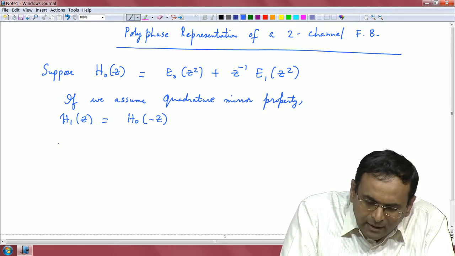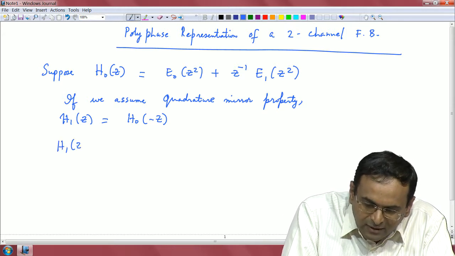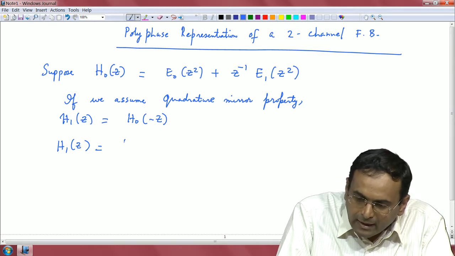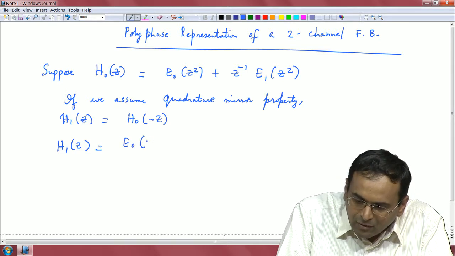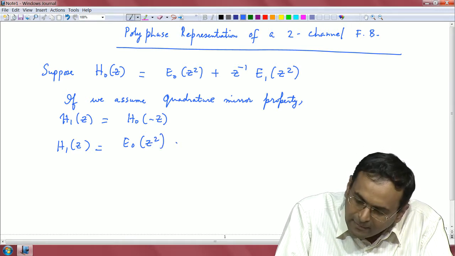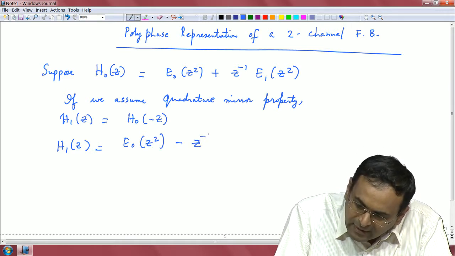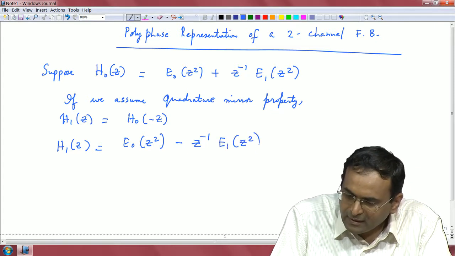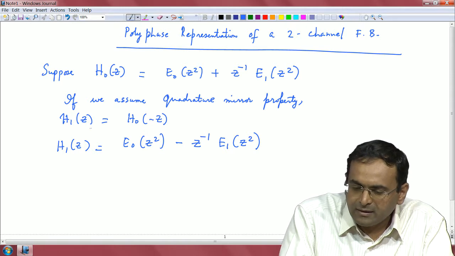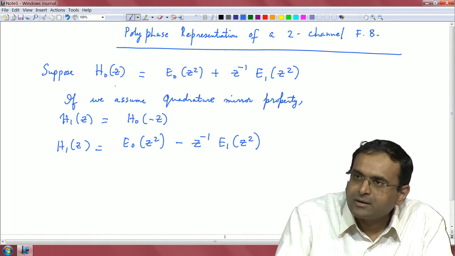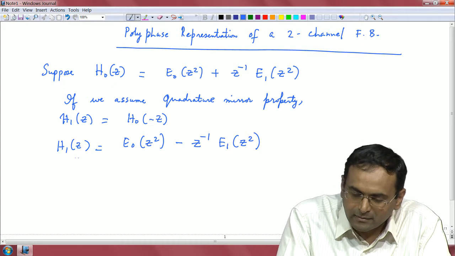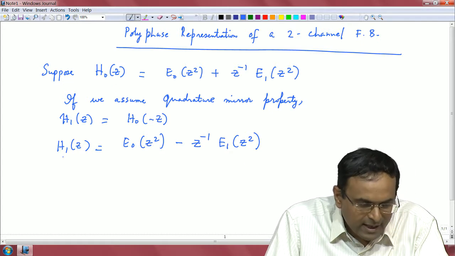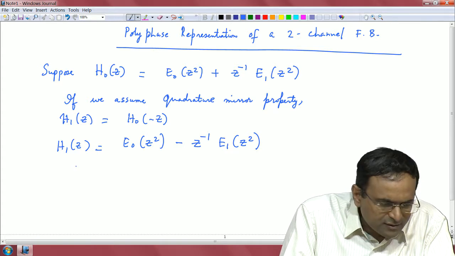So, I can write H1 of z in terms of polyphase representation as E naught of z square minus a delay with E1 of z square. Right. I am just replacing z with minus z in H naught, right, and that is a polyphase representation for the filter H1. So, now I can stack